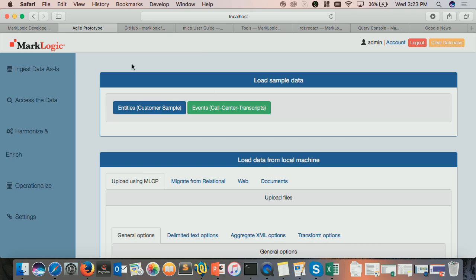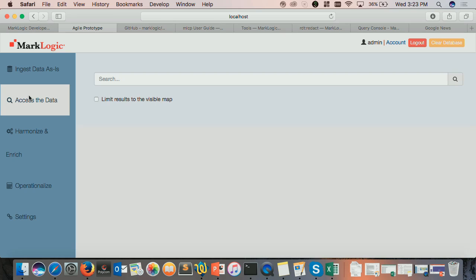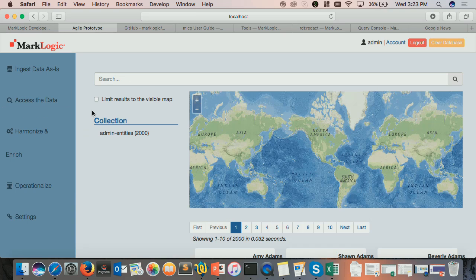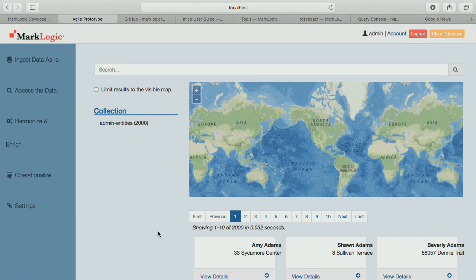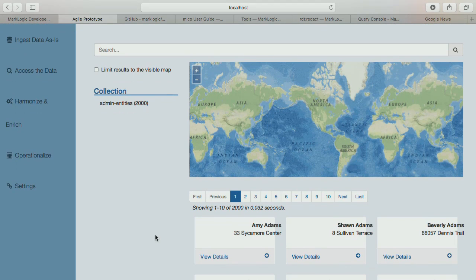Great. So what I've done now is I've loaded each of those 2 tables, and I've broken down each of the rows from those tables into standalone documents in MarkLogic. So what I'm going to do now is peek into the data and take a look at what I've brought in. So in this application, I brought in the